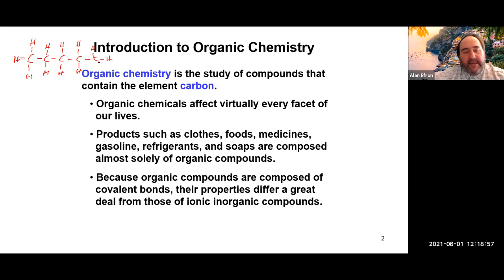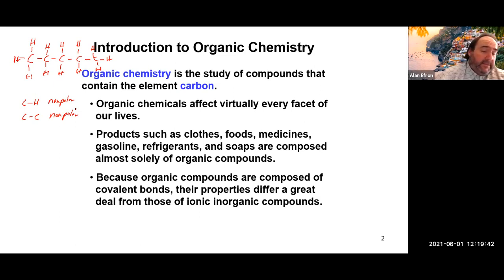A couple of things about this attachment that we should be familiar with: the carbon-hydrogen bond is nonpolar, with an electronegativity difference of about 0.4, which makes it nonpolar. The carbon-carbon bond is nonpolar too. So a lot of organic compounds are mainly nonpolar. I say mainly nonpolar because a lot of organic compounds have kind of two parts: a part that's nonpolar, but also a part that is a little bit polar. So it allows certain ones an opportunity to interact with water, and certain ones cannot interact with